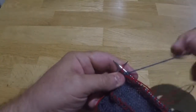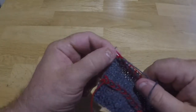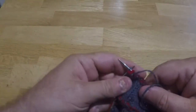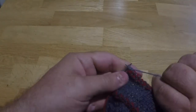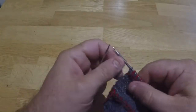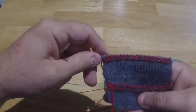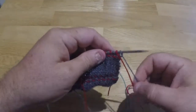2 more stitches, drop the grey, pick up the red, over the top and purl. And we're going to take that grey to the other side of the work now, so that it's easy to sew in. And we're just going to purl that last stitch. I'm not going to worry too much about that one because it'll become neat and tidy. And those 3 rows create the braid, and to make the 4th row, I'm going to turn my work